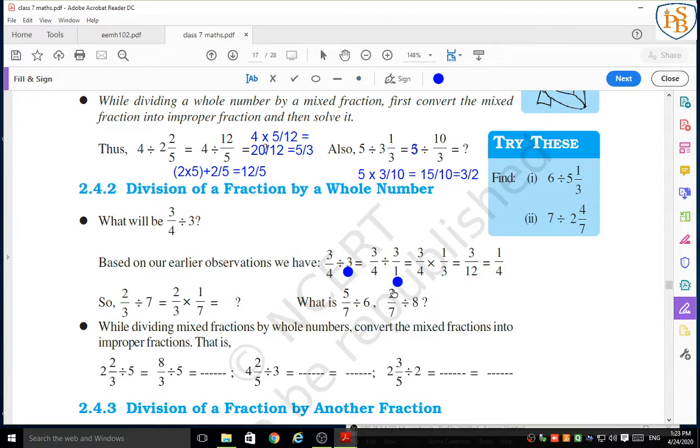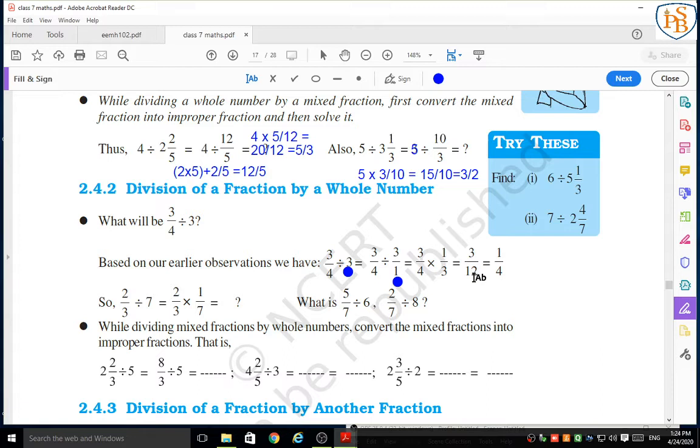But look at the next step, they wrote here 3 upon 4 as given in the question. Instead of the division process they wrote multiplication. Now it is very important to write the reciprocal of the next fraction, that is, the reciprocal of 3 upon 1 is 1 upon 3. Now they do the simple multiplication, that is 3 ones are 3, 4 threes are 12, and 3 and 12 both come in the table of 3.